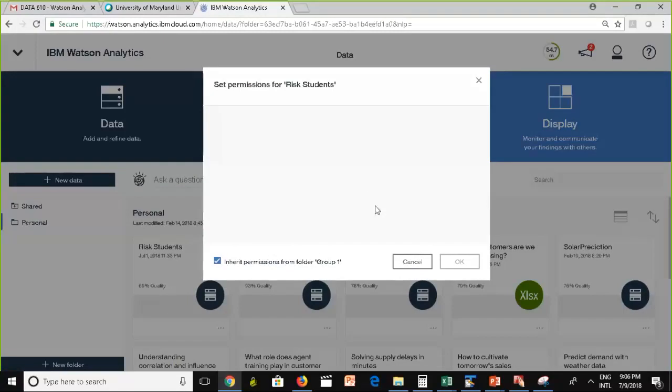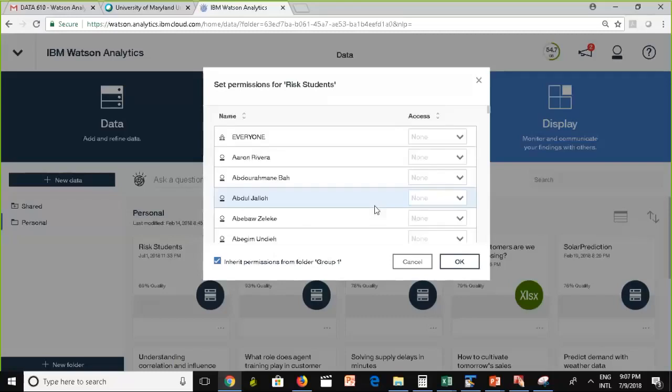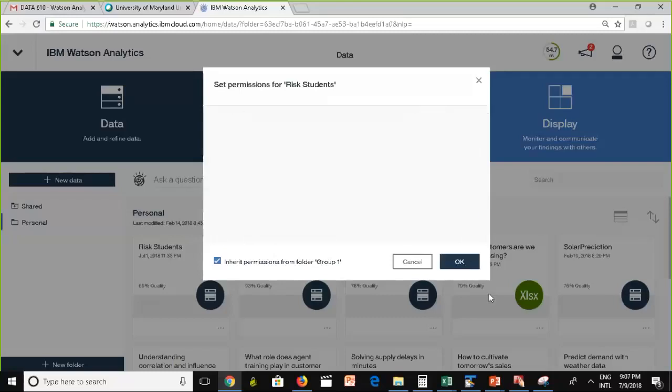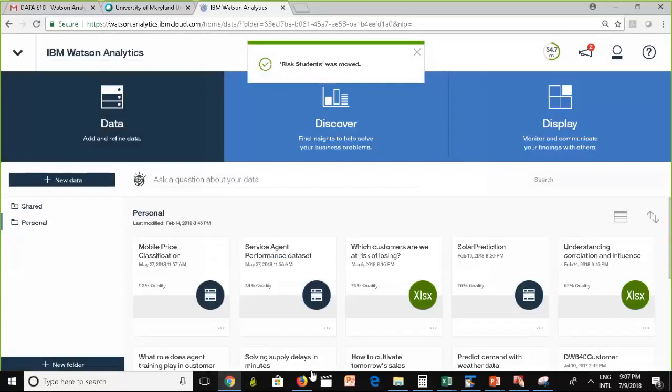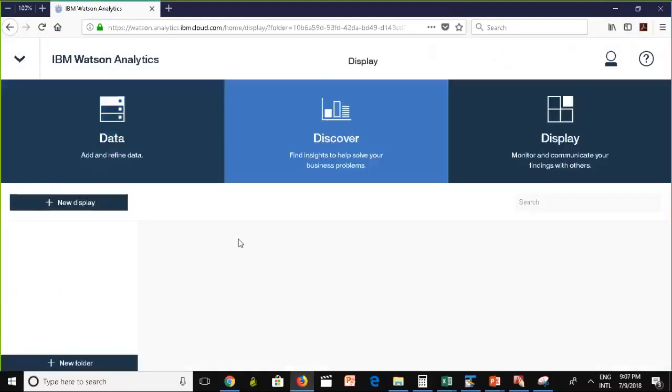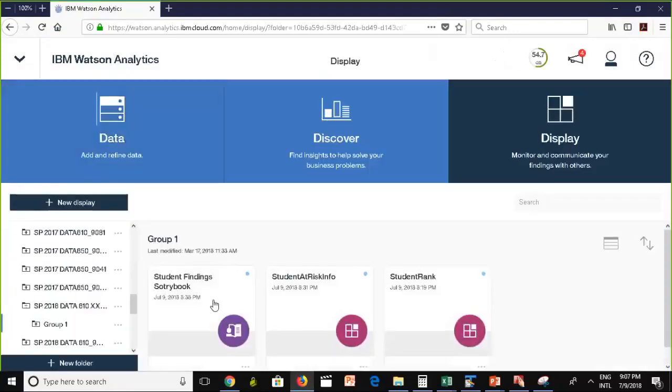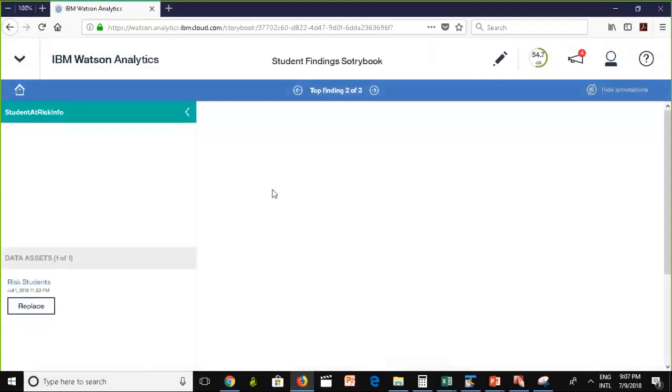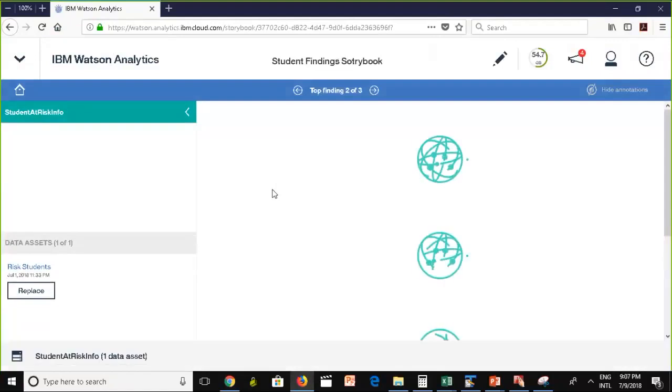So when my teammate will now go in, they will be able to play the storybook without a problem, right? So here, this is my teammate. See this? There is a problem here. So now my teammate is going to go back, and the storybook should work. So basically, the problem is when you're sharing your storybook, you have to share the displays,